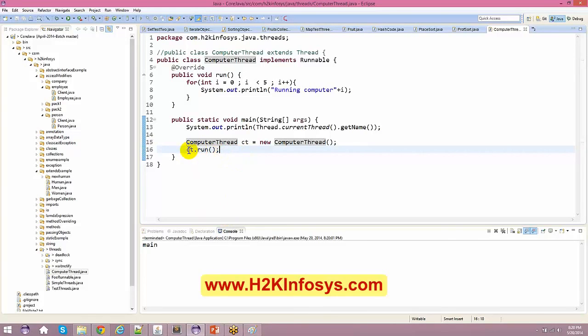Now if I say ct.run, who is running this thread? Who is running this program? This program is being run by your main program itself. So if I say the same thing out here, plus, now remove this. Now if I run this particular program, let me run this. So it says,